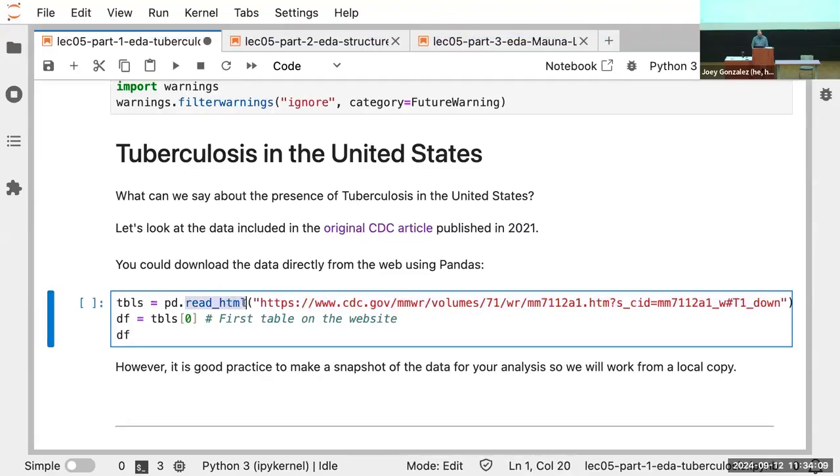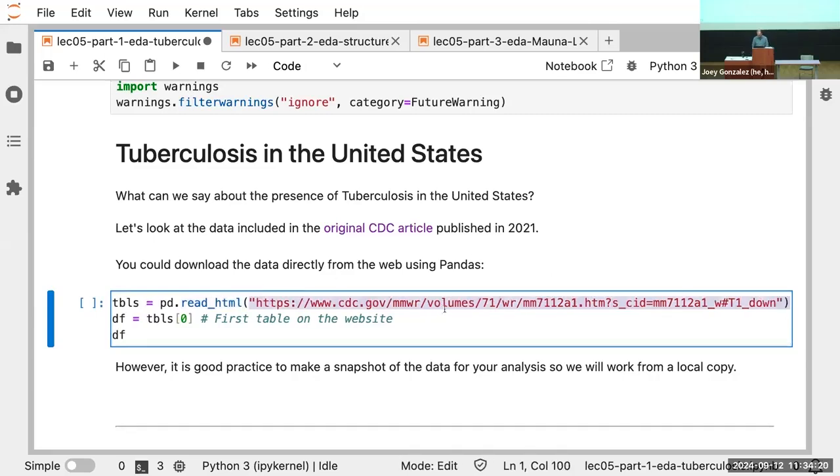Pandas can read HTML. Find a website with a cool table? Thought you could visualize it differently? Try pandas read HTML. Pass in the URL of the website that you want, and you'll get a collection, a list of tables. I want the very first table, or table 0. So let's run this.